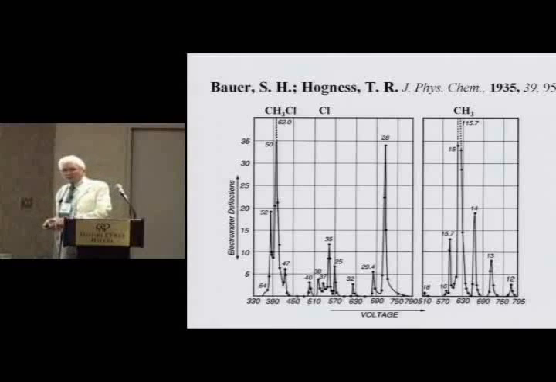And you may remember that the first commercially successful mass spectrometer, and it was really very successful, was the Consolidated Electrodynamics Corporation 21-102 and 103 instrument, and it was based on the Dempster 180-degree geometry, and Dempster was at the University of Chicago. And so Bauer loves to tell the story that when he went to Professor Dempster, he said, I have to build a mass spectrometer for my PhD thesis. And Dempster said,